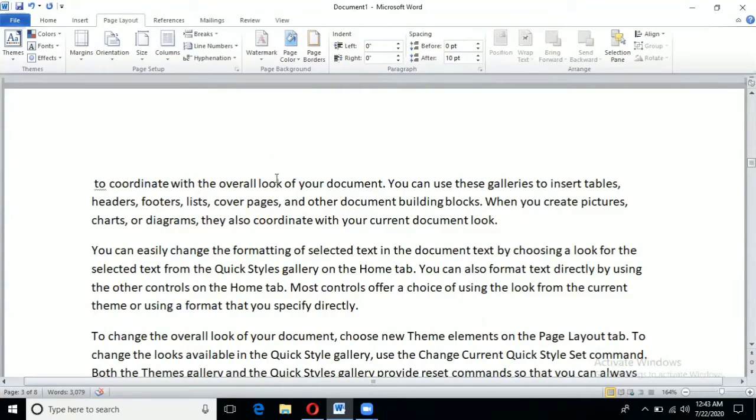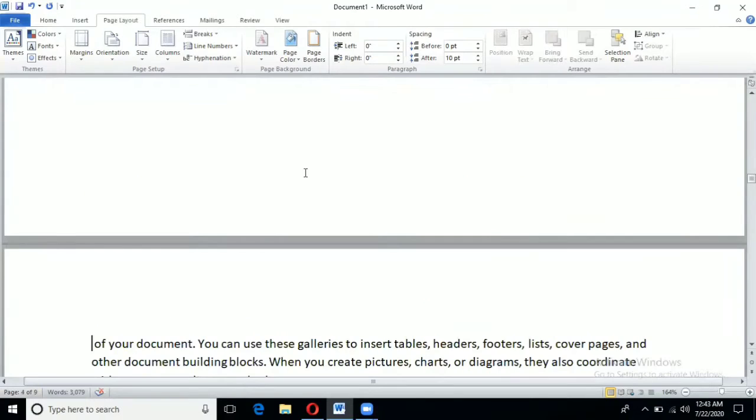And one more method is the shortcut key. The shortcut key for page break is Control plus Enter. The same thing, firstly you put the cursor and then press Control plus Enter for the page break.